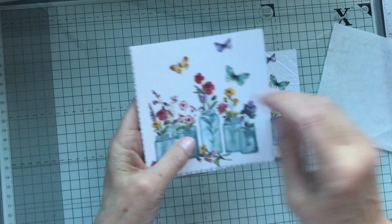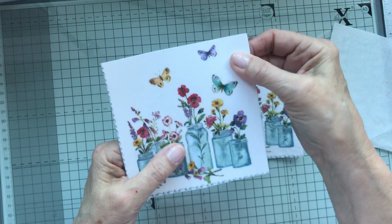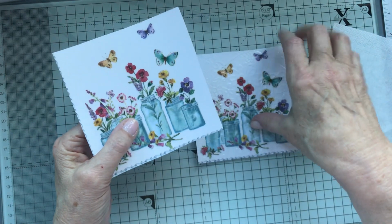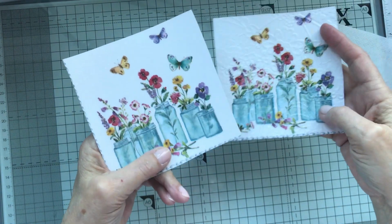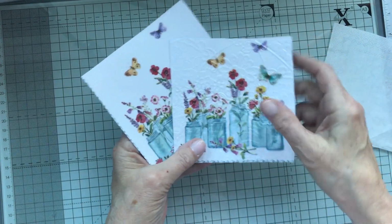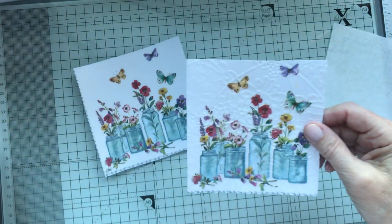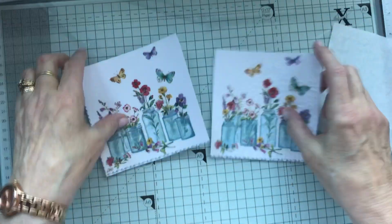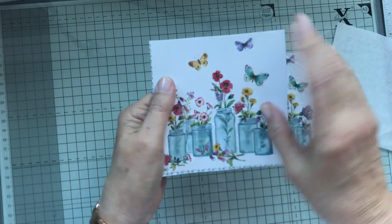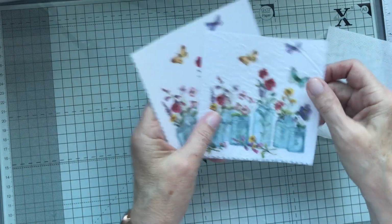Now you've got two here. You've got this one that I have embossed using both of them using a transparent ink pad and clear embossing powder, and then using a heat gun. This one was put through an embossing folder first and then heat embossed, and this one was just put through without heat embossed. So that's what you've got there,